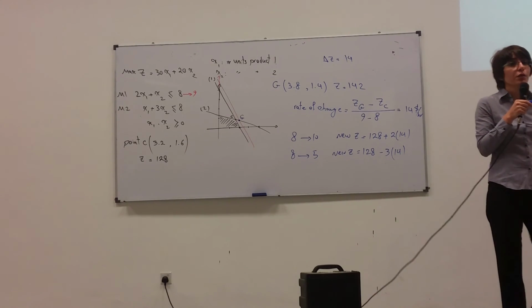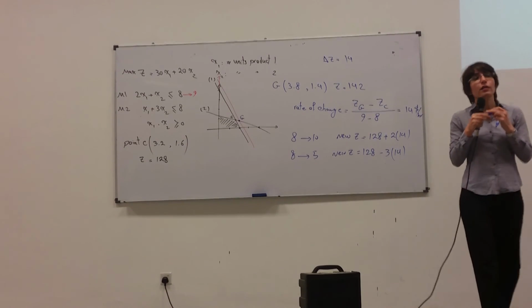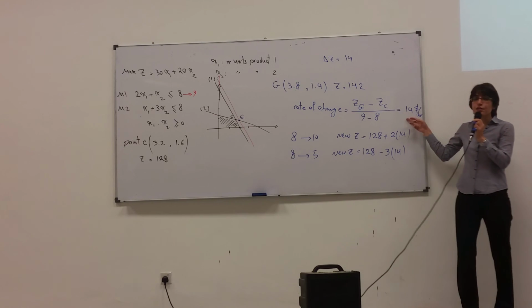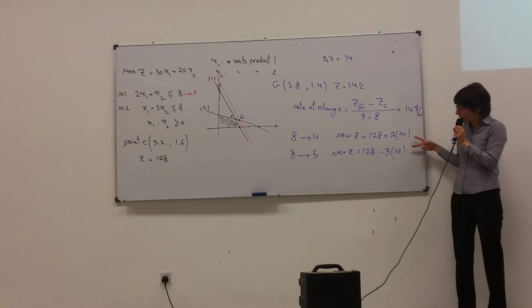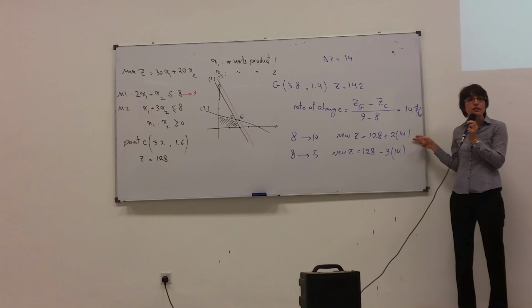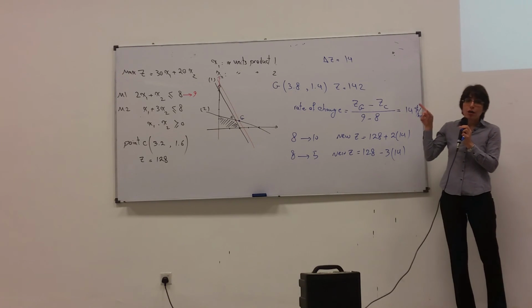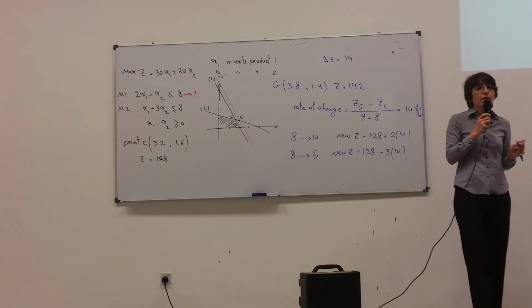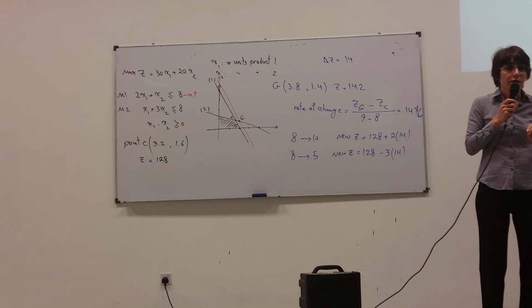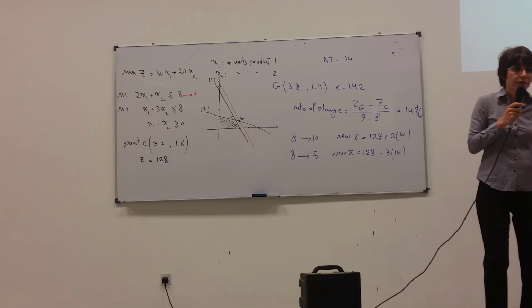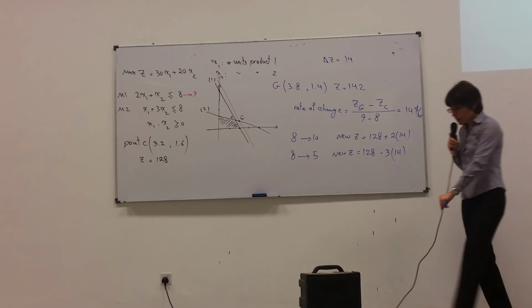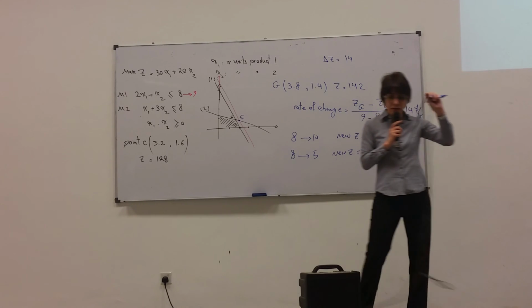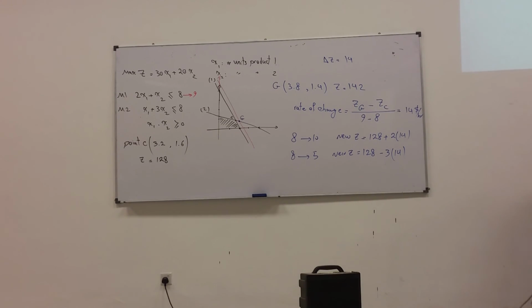So by finding the dual price, I can find the difference in the objective function based on a change of the right hand side of the constraints. So we'll stop here, we'll continue next week, next time on Friday. Try to find the